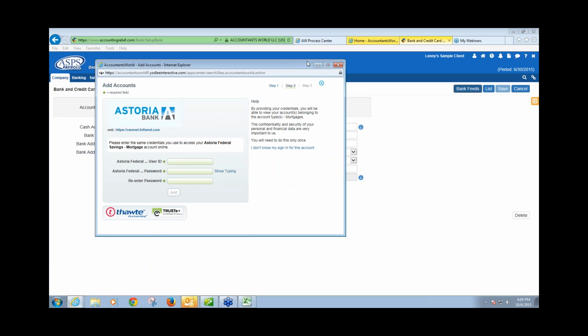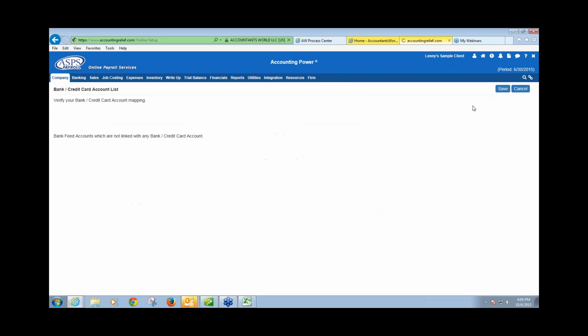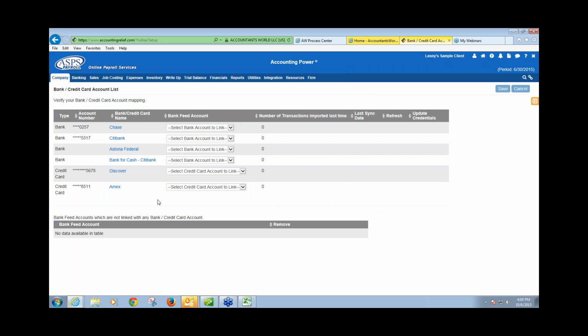So again, very easy to set up. And then once the banks are set up by you and the client does their part, if you go into List, you will see a link already established with the bank and the bank that you've set up. And then as you start using this application, information will be available for you to look at as to, like